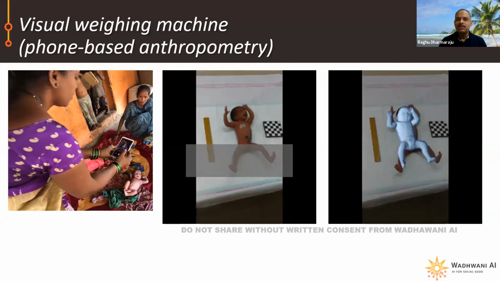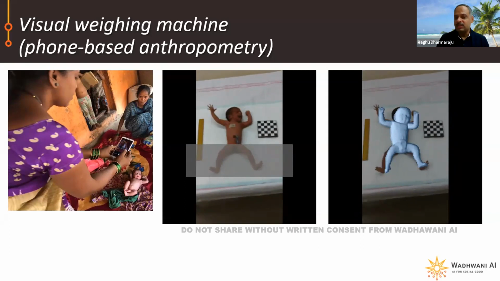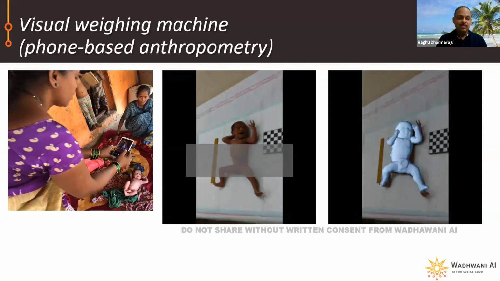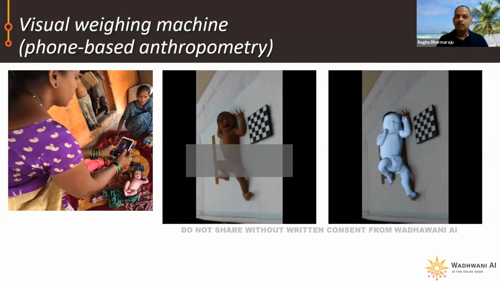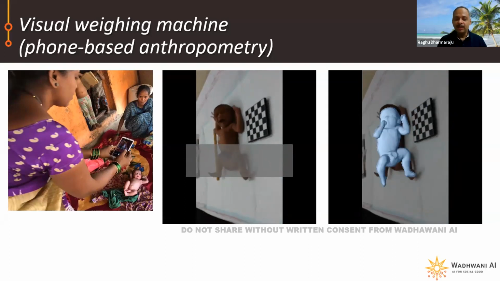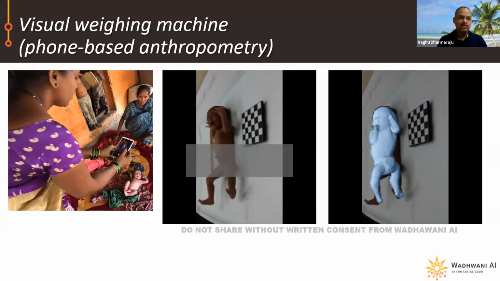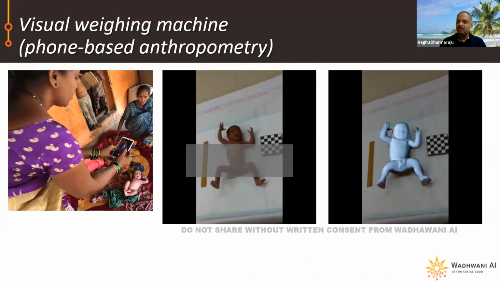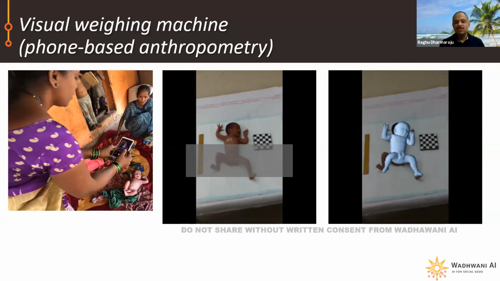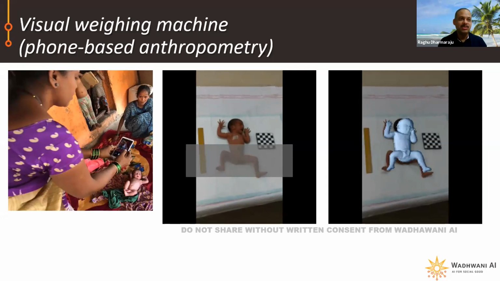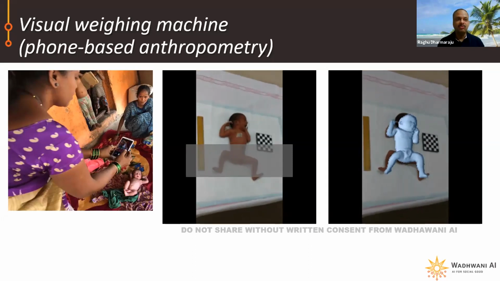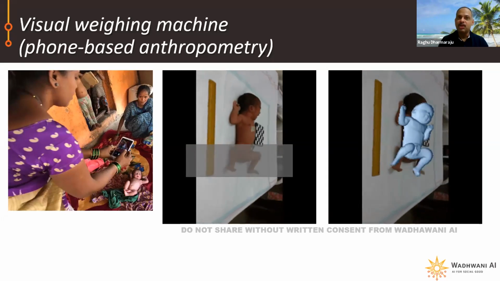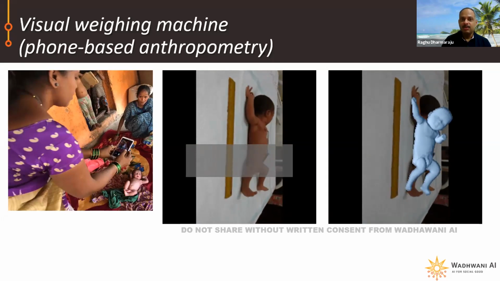But the point here is by simply moving a regular phone, no additional hardware, over a baby, we actually get not just weight, but we could also do other anthropometric measurements. And we are on a path to compress this so that it can work offline on a phone. Now, this all seems like a lot of overkill, a really fancy technology, but this has huge potential because now you can imagine extending it for growth tracking. And if you think of weighing as just an initial use case, think of what else you can infer from that one particular few-seconds video you take of the baby. Next.